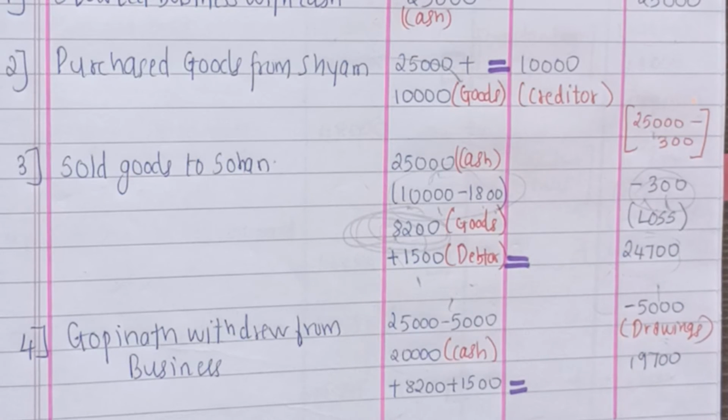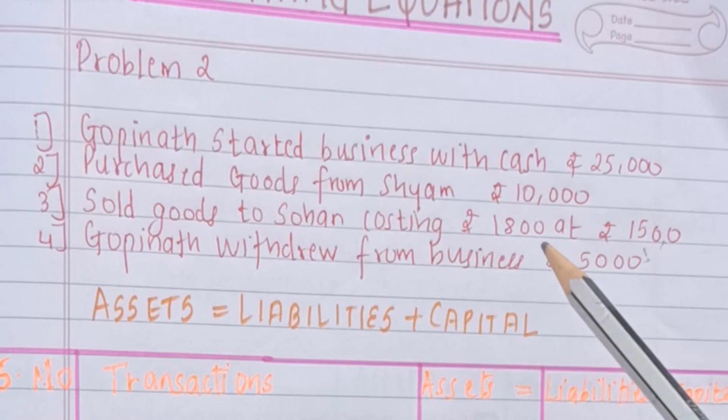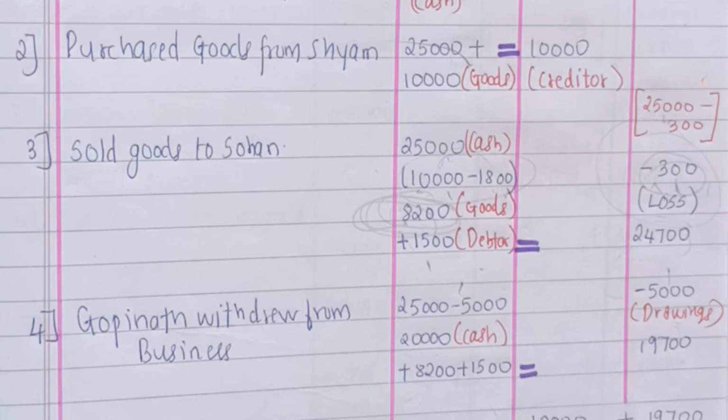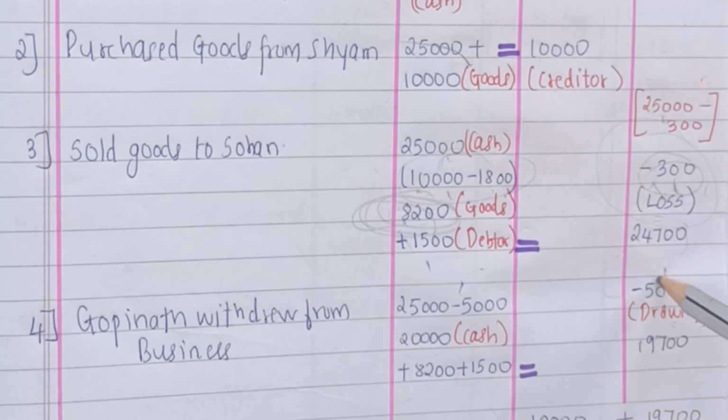When I explained to you all about the theory with regards to capital, I told that capital will be affected by expenses and by losses, or by gains. So here we have a loss of rupees 300, therefore this will be deducted from the capital. So this was our third transaction. I hope you all have understood this. It's simple that we had goods worth rupees 1,800, we sold it for 1,500. So the rupees 300 has been a loss to us, therefore it will be deducted from here.